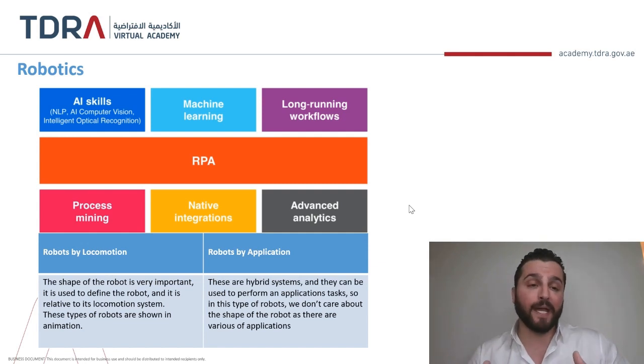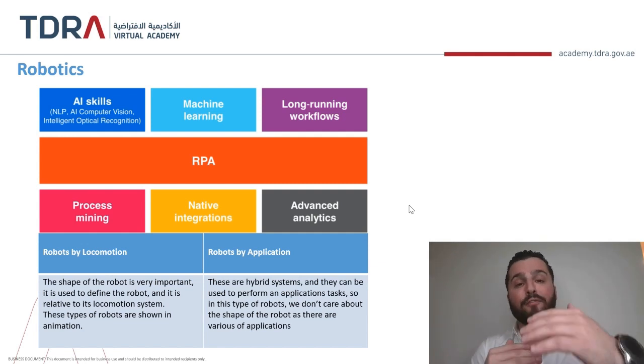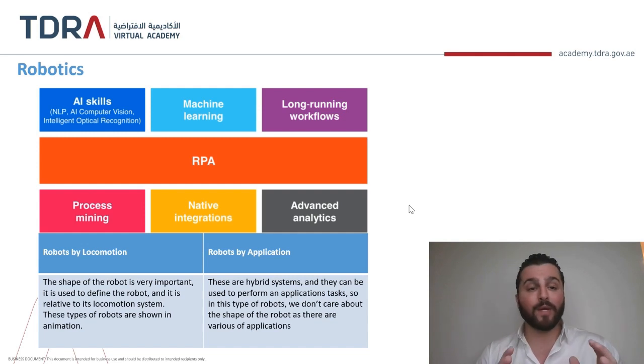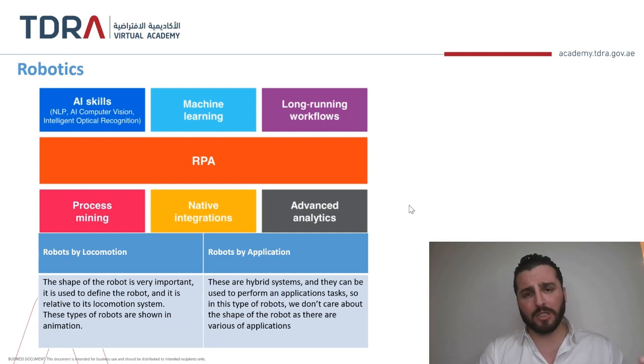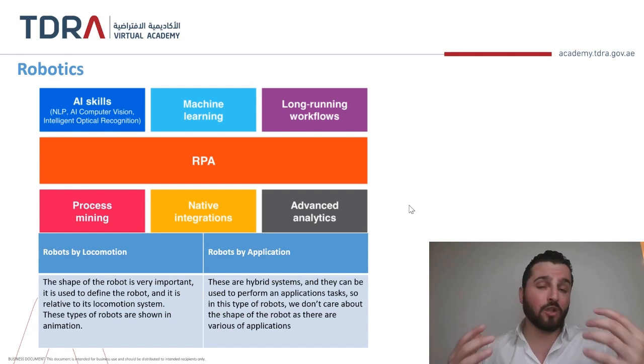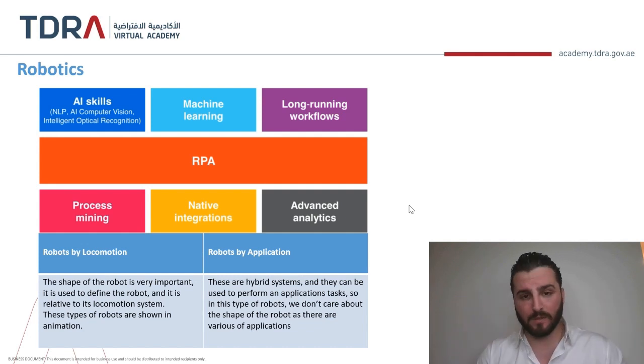If we want to add more features to our RPA, we need to use some other tools, such as AI skills, NLP, computer vision, and so on. They will always take the RPA to the next level in terms of features. We can integrate the RPA with machine learning as well. We'll use these arithmetic operations to build the logic that will take the routine job to another level and will consider different types of exceptions.